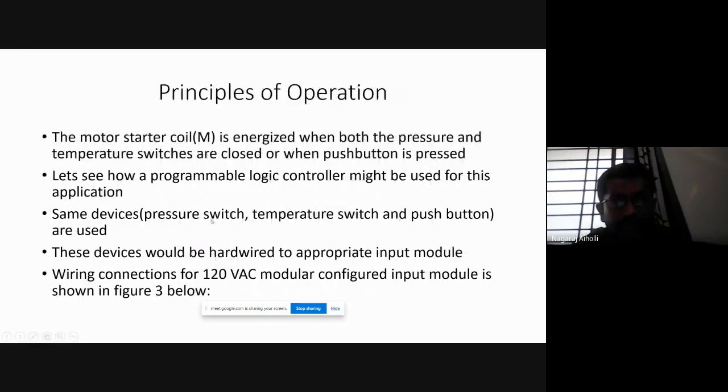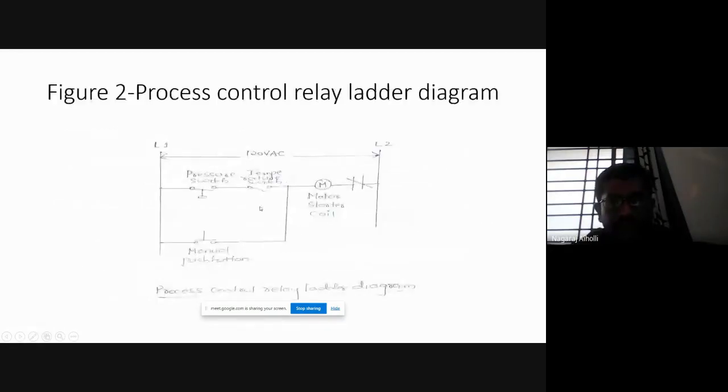And in this ladder rung diagram, the same pressure switch, temperature switch and push button are used, all the components are the same, right? Even the output devices are the same, input devices are also the same, right? Input devices are this pressure switch, temperature switch and the push button. And what is the output device here, students? The output is the motor that is connected in the output circuit, is it not?